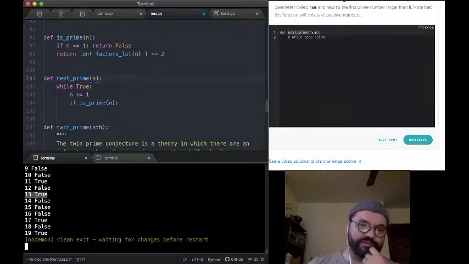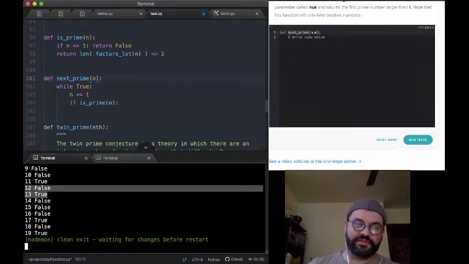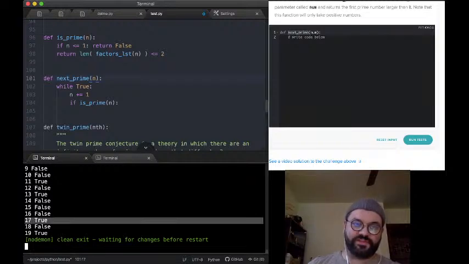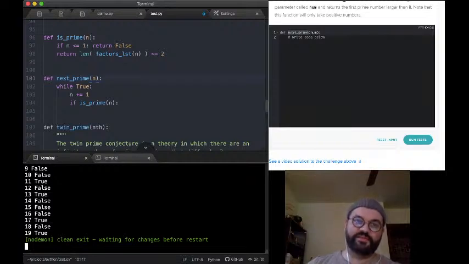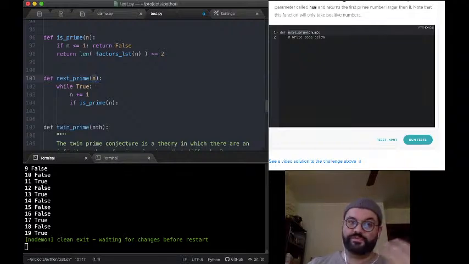Or let's do this one. So imagine I'm starting with 13, the next one should be 17. So I don't want to check 13 again. So if n is 13, I say while true, n plus equals 1. So n is now 14. And then I say if is prime 14,